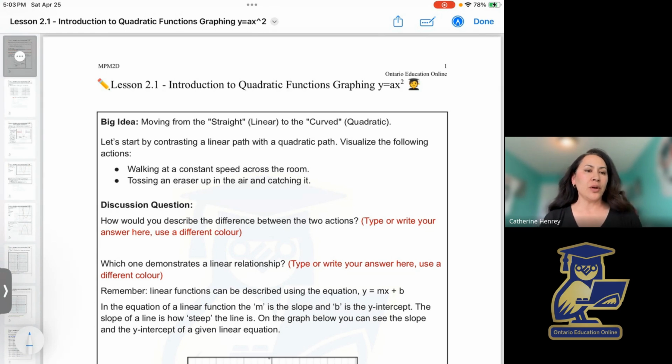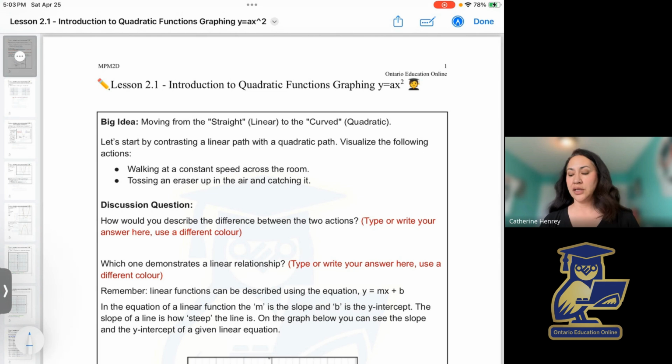So here we go with quadratics, a new and important aspect of this course. There's quite a lot to go through today in this lesson, so let's go ahead and get started. So what's the big idea for this course is that we're moving from straight or linear functions relations to curved